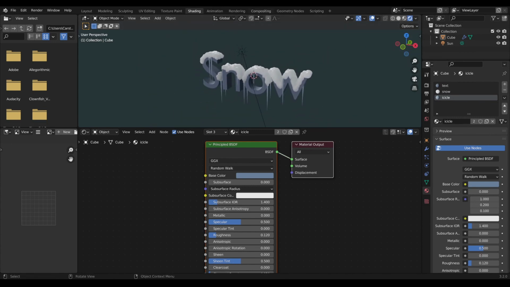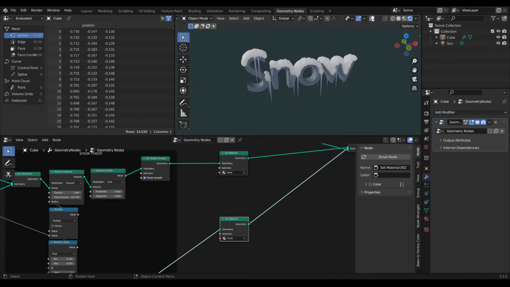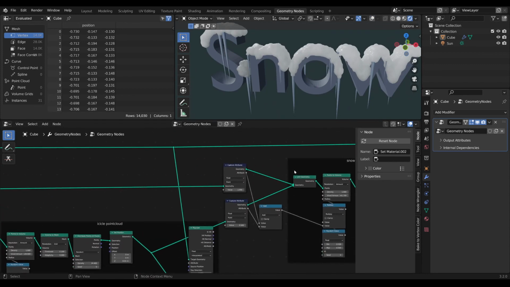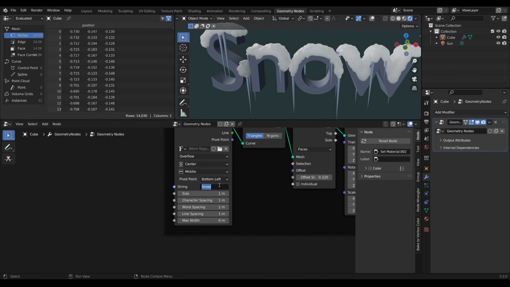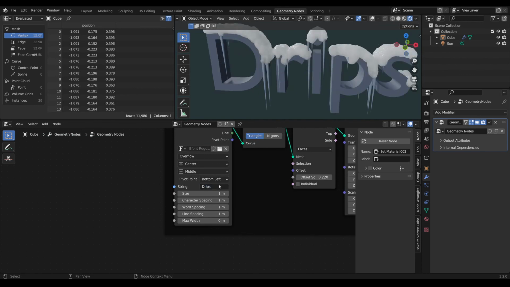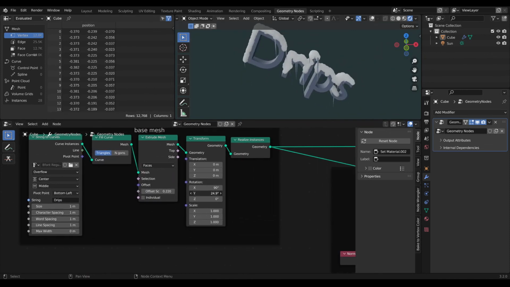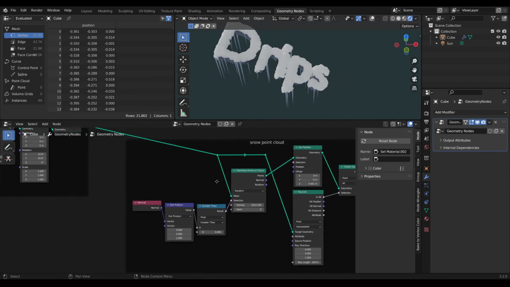So let's go back in our geometry node setup, and now we can play a little bit with the settings. So here we can type another word like drips, and we can rotate the mesh like this,